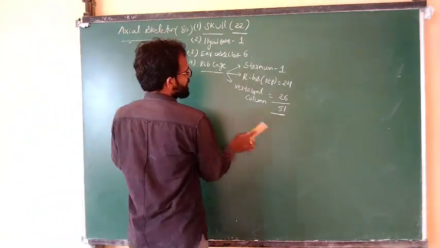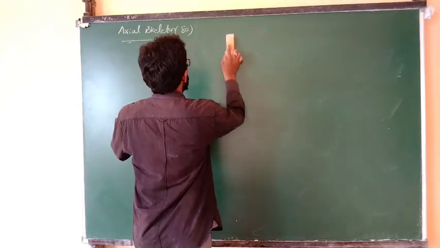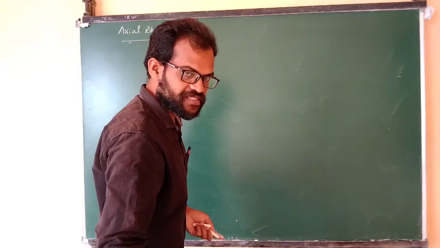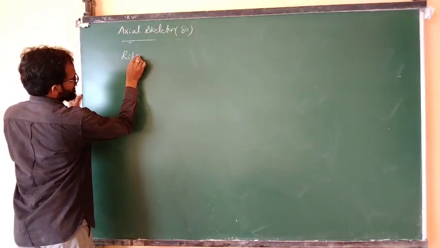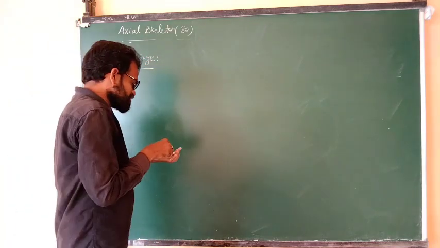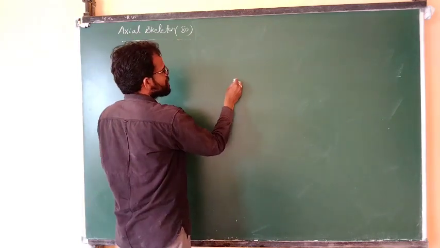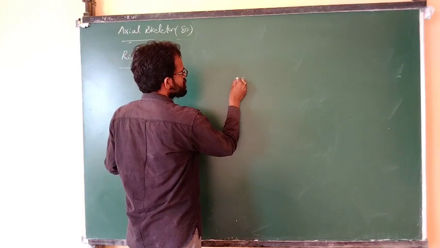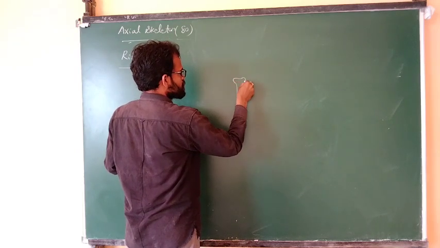That is the axial skeleton. Coming to the rib cage. What is the name? Rib cage. The first part of the rib cage. It consists of